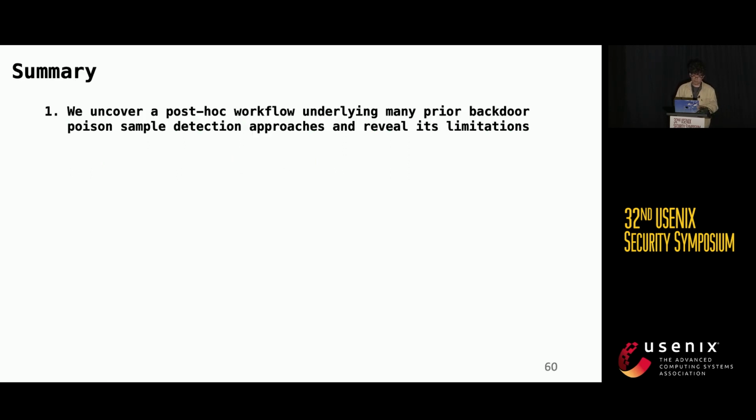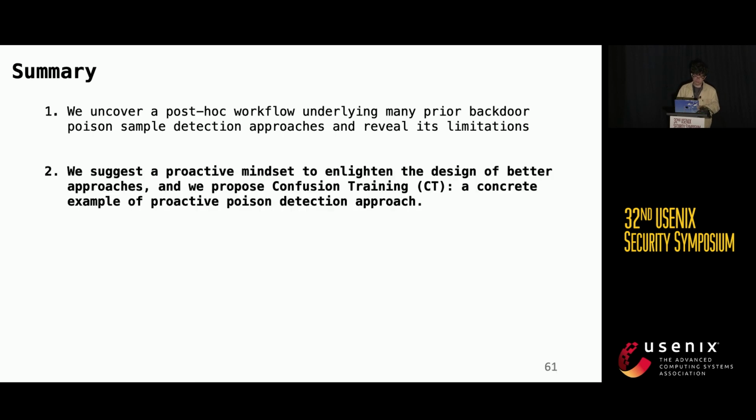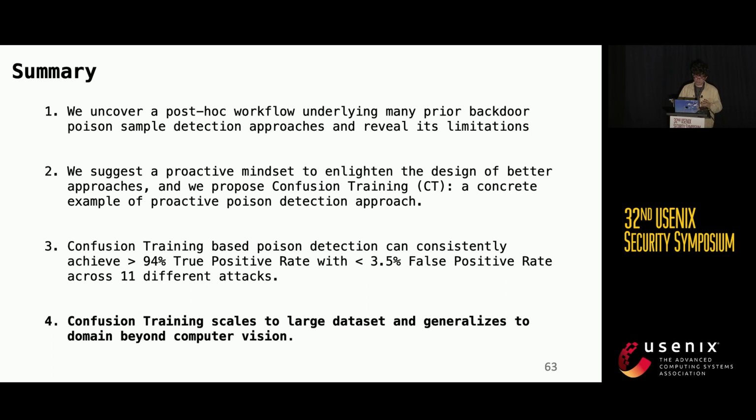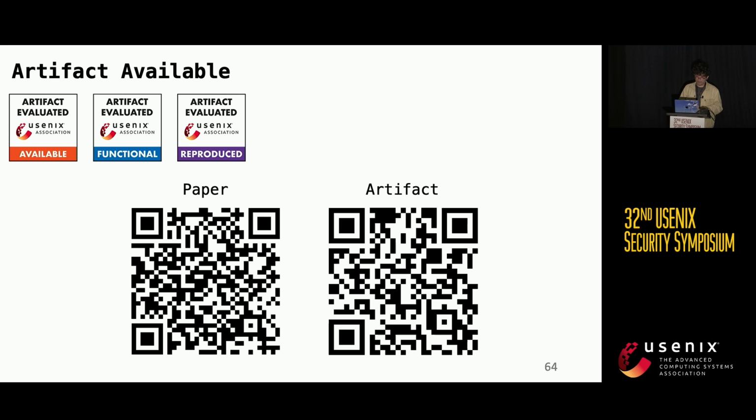First, we uncover a post-hoc workflow underlying many prior backdoor poison sample detection approaches, and we also reveal their limitations. We also suggest a proactive mindset to enlighten the design of better approaches, and specifically, we propose confusion training as a concrete example of proactive detection. Finally, we do a large benchmark evaluation showing the effectiveness of confusion training and also show its scalability to large data sets and also generalization beyond computer vision. And our paper is awarded with artifacts